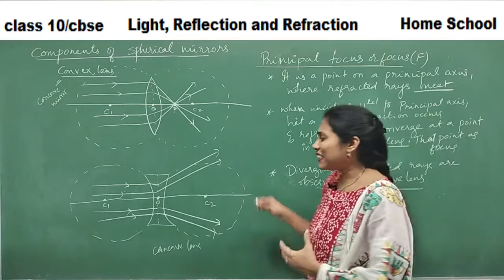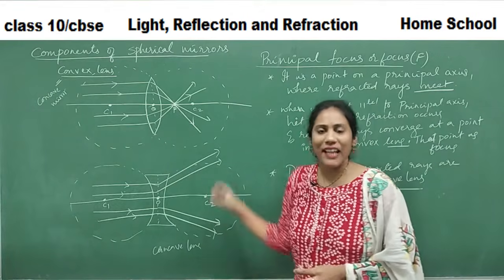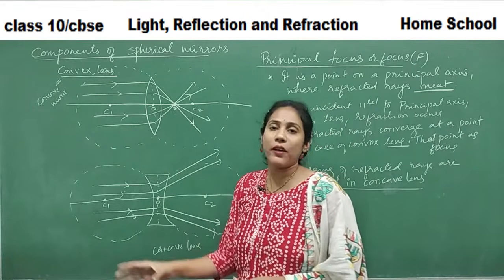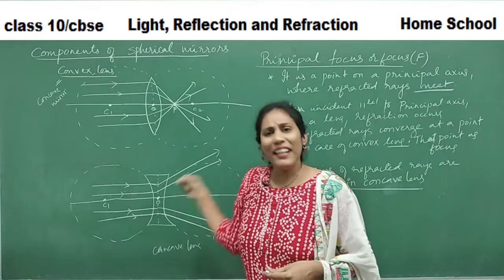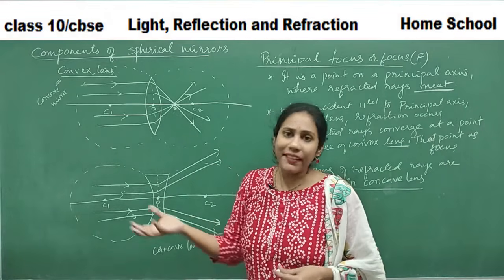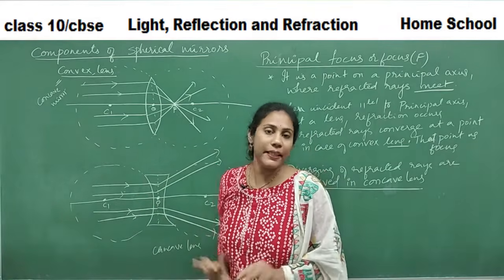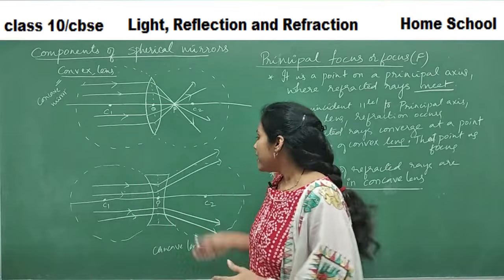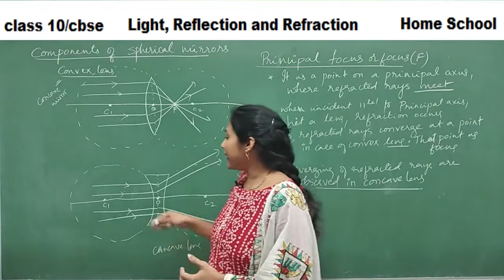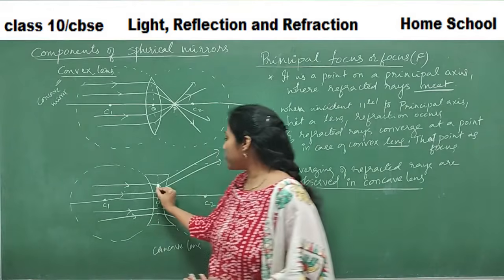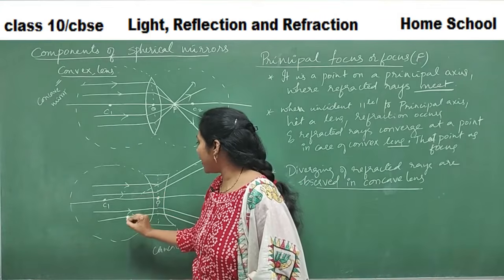So actually we want some meeting point for the refracted rays. Refracted rays should meet at one point, right? Only then will we call that point the focus. And whenever refracted rays meet, only then does image formation take place. At that point, the image is formed, right? Here the rays are diverging, but where are they meeting? An imaginary projection you can do. You can drag a refracted ray back.